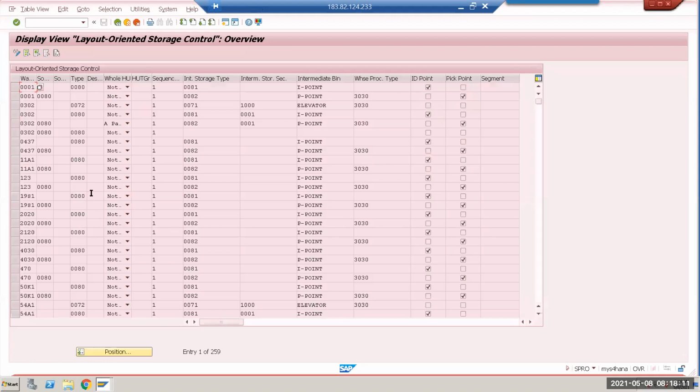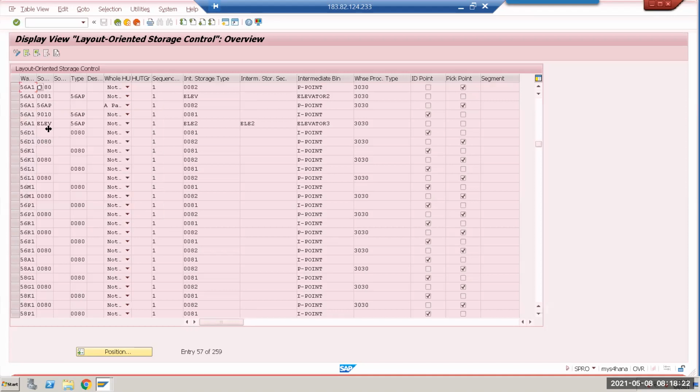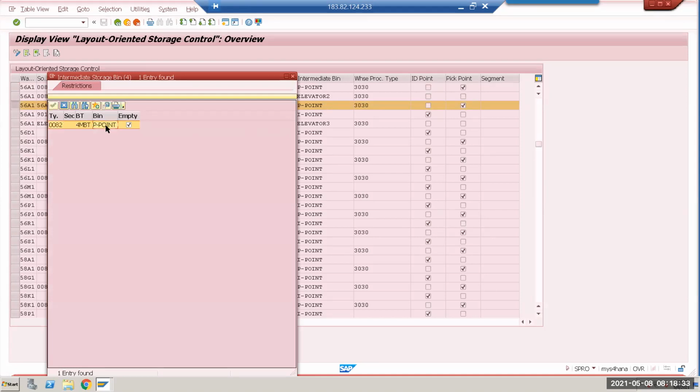Yeah, 1 second, sir. I'll come over. Kamal, just check whether the bin is available or not. Sometimes the pick point bin is not created. He said he created. I created, okay. Yeah, created. Okay, so you said if the source is 56 AP, if it is a partial, go to the P point with 3030 WBT, yeah, it's fine.